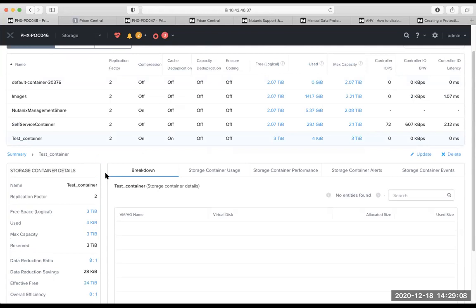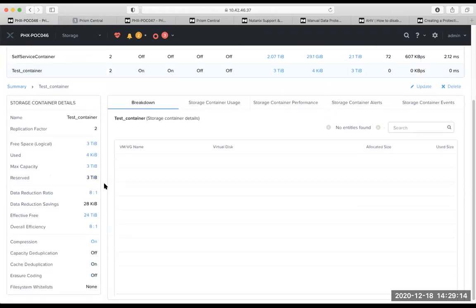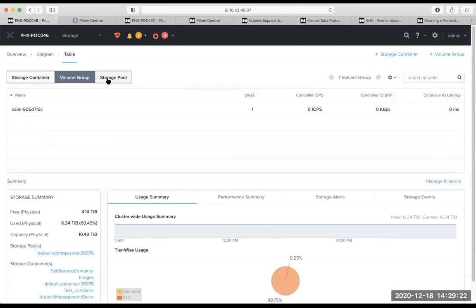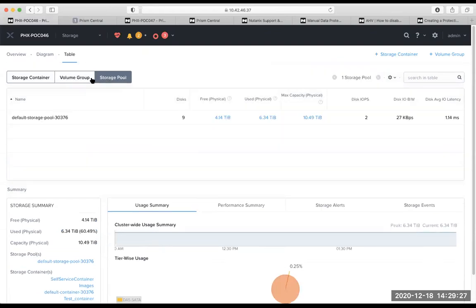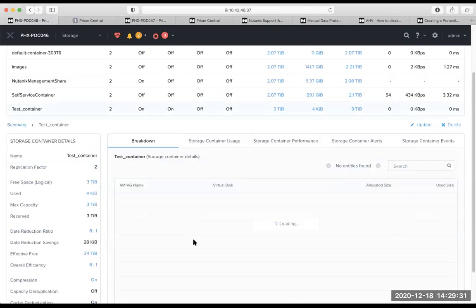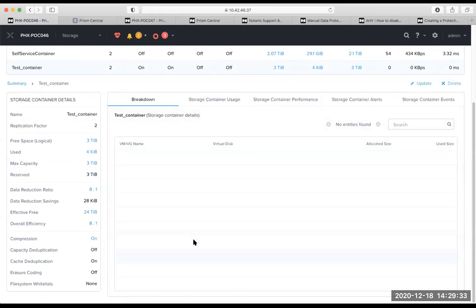Ideally, I have used this for the secondary storage piece of it. It is managed seamlessly by Nutanix. It is not giving control as to which container you want to keep it on, because that is happening behind the scenes. It is not asking me where you want to store it.